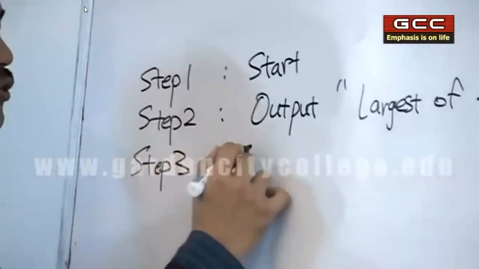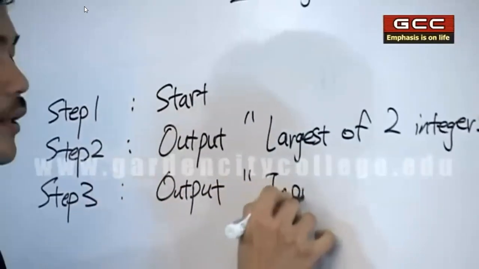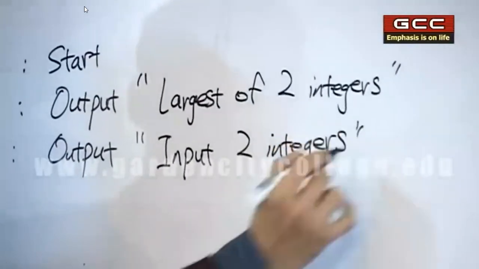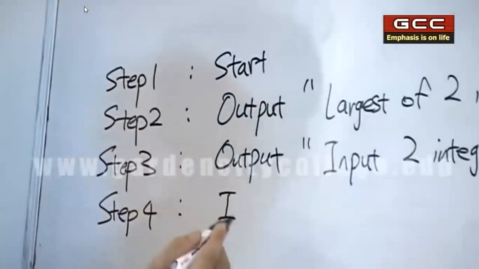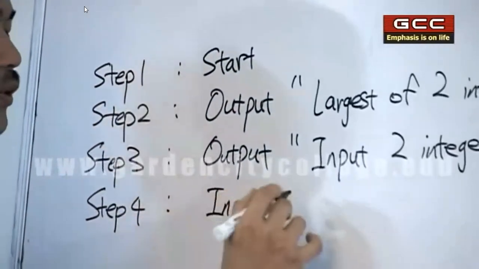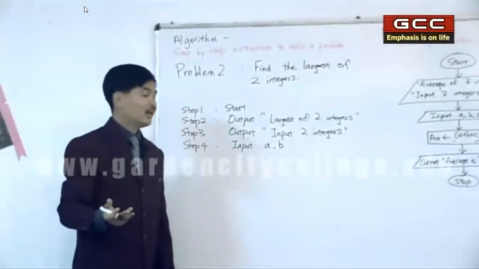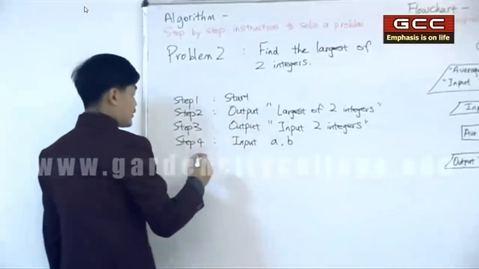Step 3, we need to instruct the user to input 2 integers. Step 4, we need to receive these 2 integers, so input A, B. We can use any other variable names. Over here, I just want to use A, B. Next,